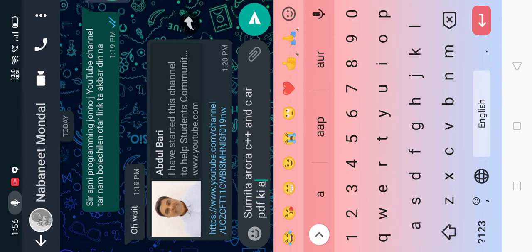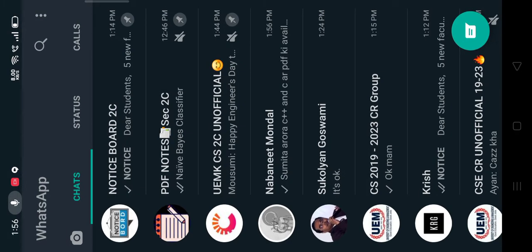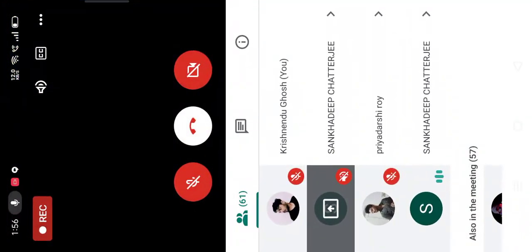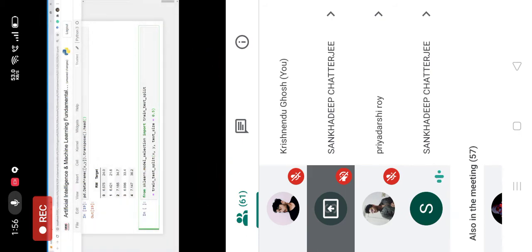So if I write 0.3, it means 30% of the data will be used for testing. If you write 0.5, that means 50% of the data will be used for testing. So the value should be something between 0 and 1, any fraction. Okay. So for my example, let us use 30% of data for testing.